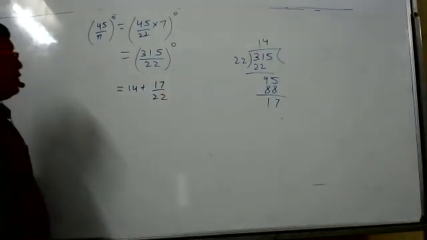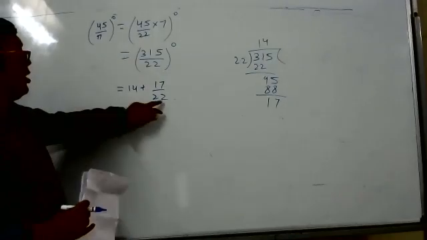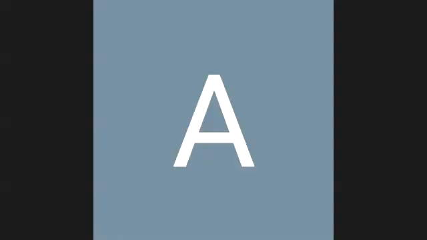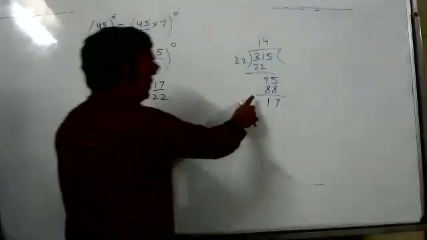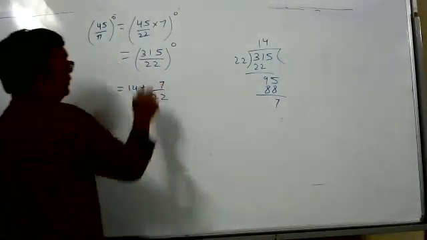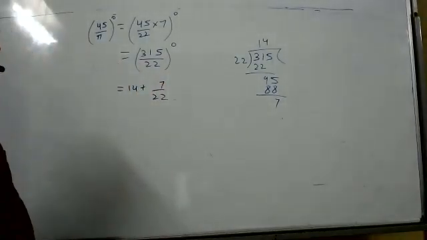All of you know this procedure or no? Yes, sir. 22 into 14 plus 17 is the same thing only. Sir, you will not get 17. Maybe something else. Tell me where is the mistake? Here, na? 7 you will get, I think. Correct, na? 7 we will get. Is it right now? Yeah. So now 7 we will get.